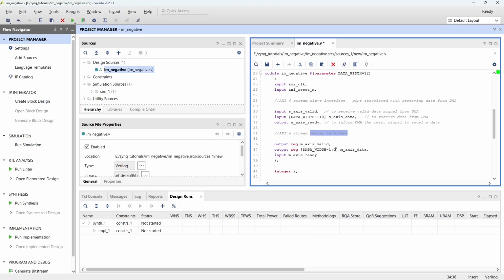Device means this image negative module. So the device's master interface has to send the processed data. After taking the image negative, it has to send it back to the DMA. Obviously this data will be M-axis data, M for master, axis stream data. This will be an output from your device, because the device is sending the processed data. Now when the processing is complete, it should give a valid signal to the DMA. It should inform the DMA that I have valid data. So that's why I have another output